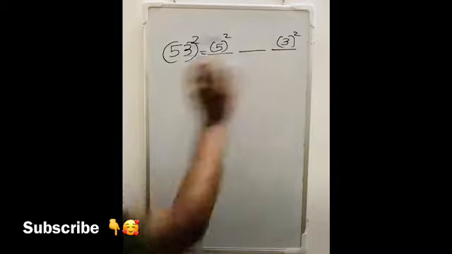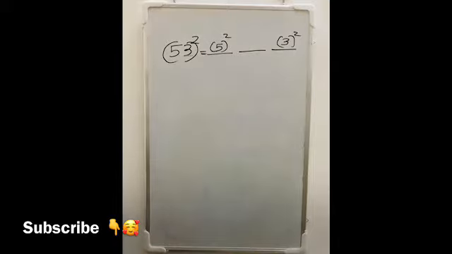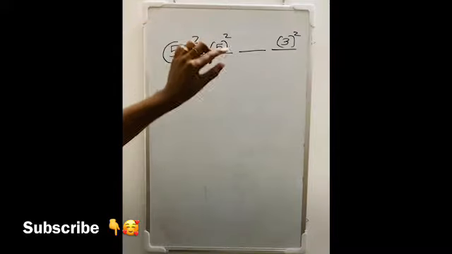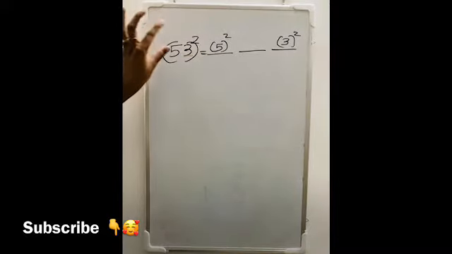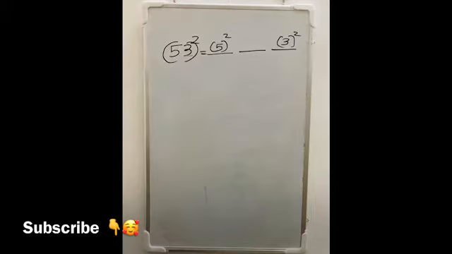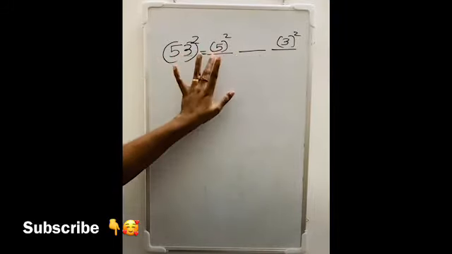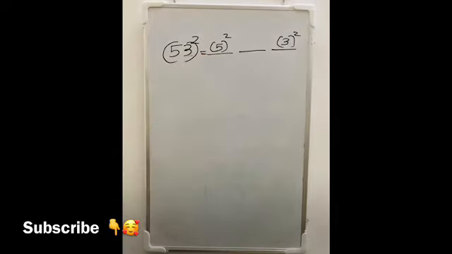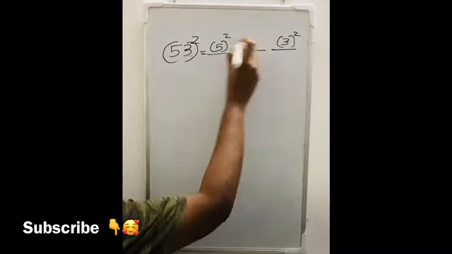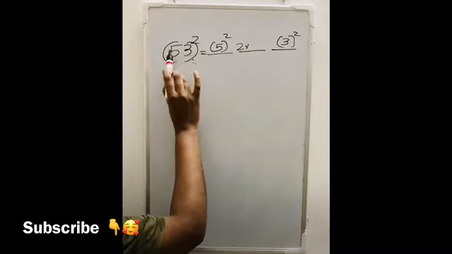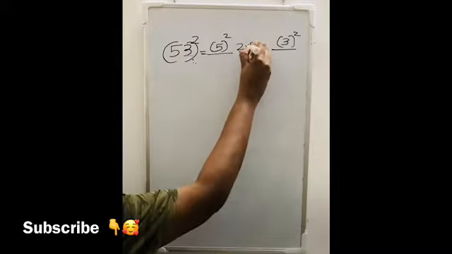So the first part, from the right, will be the square of the rightmost digit of the given number, that is 3, and the last part will be the square of the remaining digit. Here it is a 2-digit number, so it's not confusing: the last part will be 5 square and the right part 3 square. The middle part, you just multiply 2 into 5 into 3.